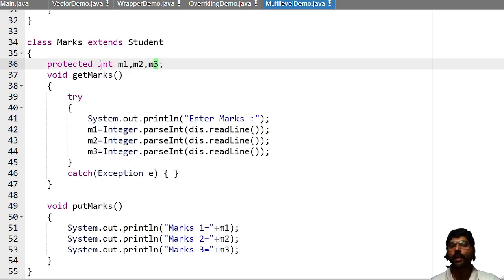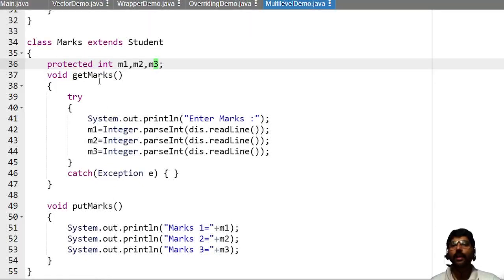Then I have created two methods here, get marks and put marks. The access specifier for these is friendly, because I have not specified any access specifier in front of them, neither private nor public or protected. When I am not specifying any access specifier, it is called friendly. Friendly is just like public.